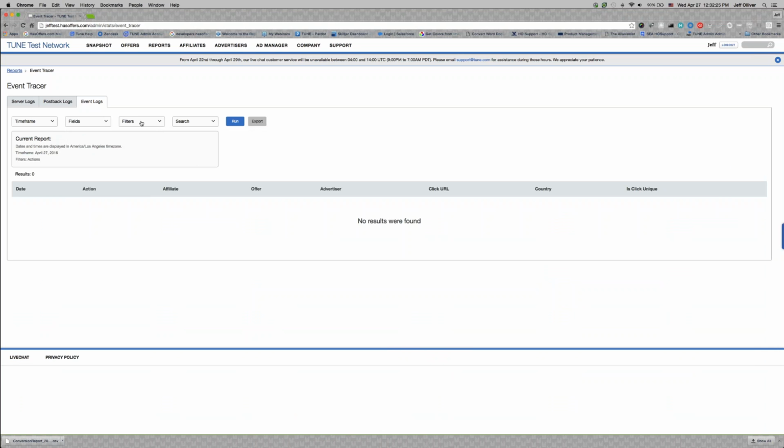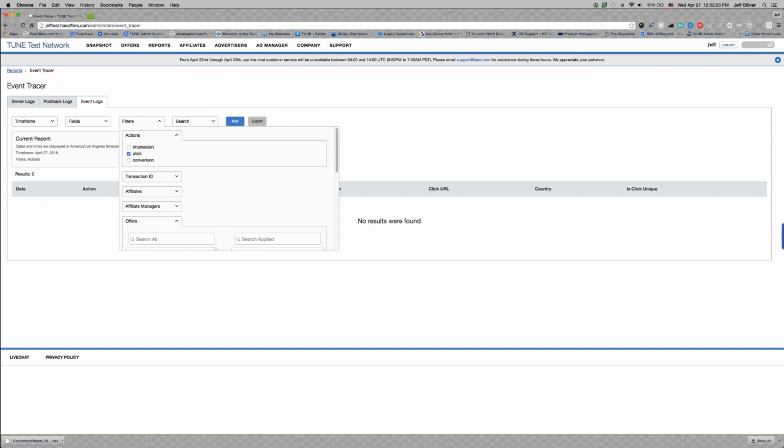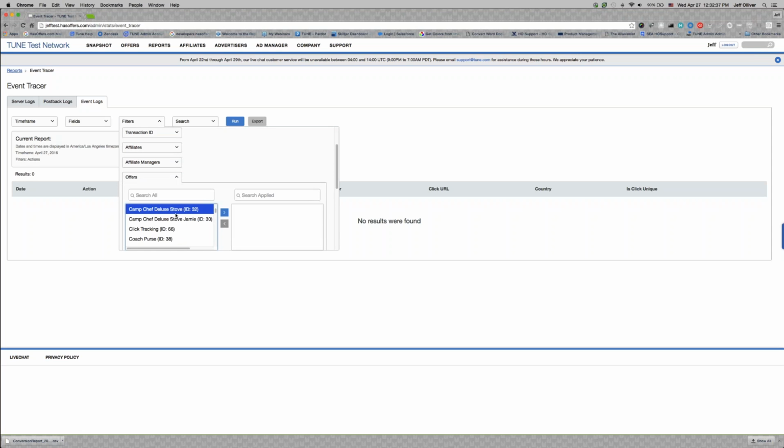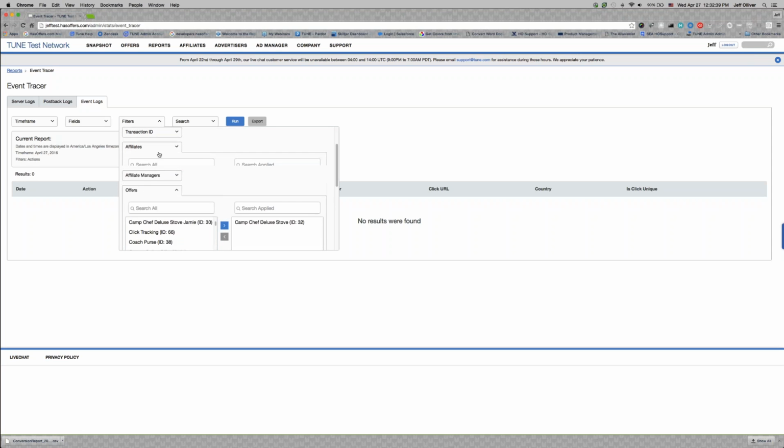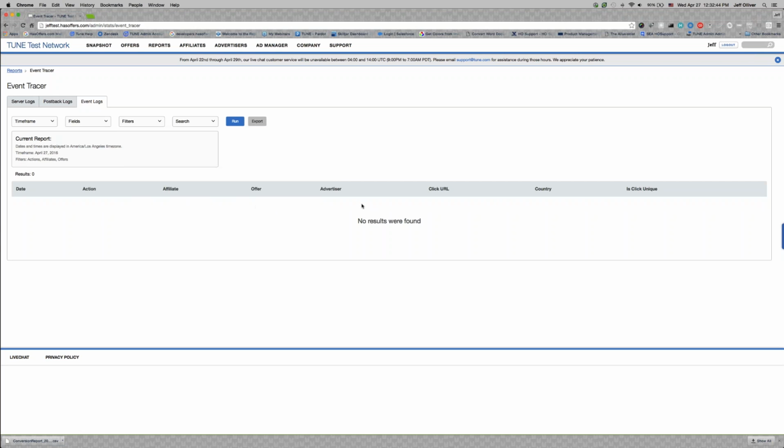Now again, I don't have clicks flowing through my network as you would, but this is a great tool where I can filter by a specific offer, a specific affiliate